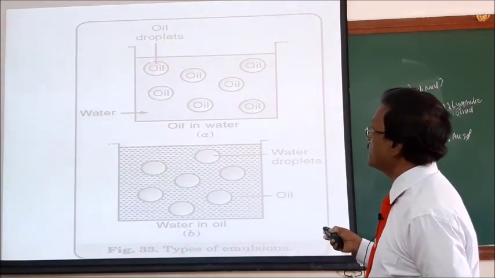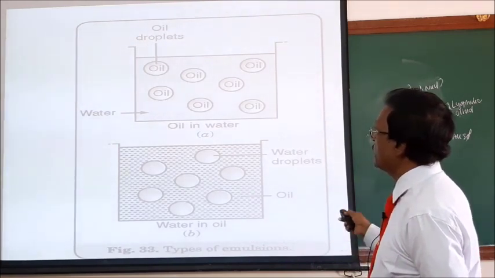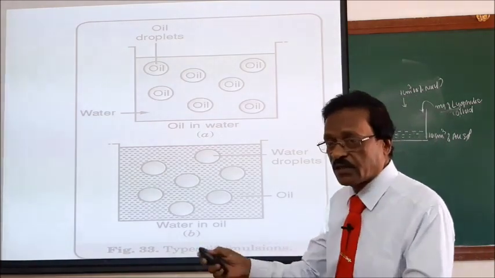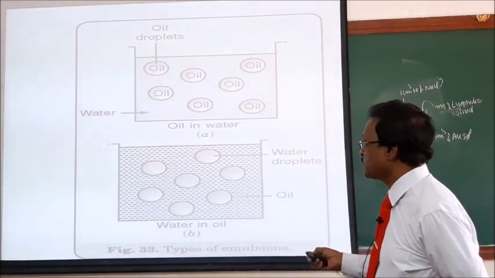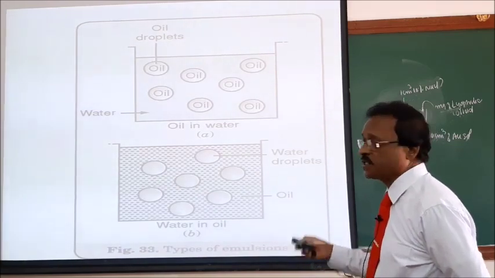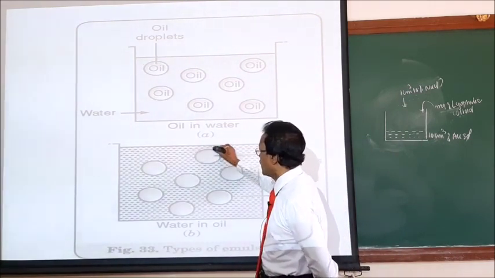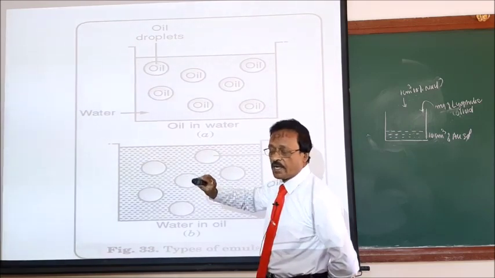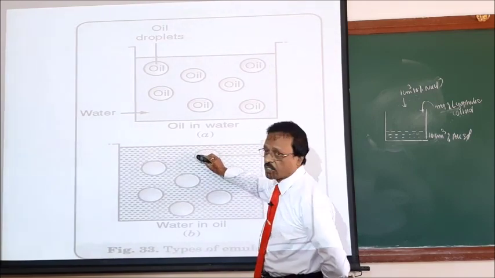So this is oil in water, where oil is the dispersed phase and water is the dispersion medium. This emulsion gets separated if you don't put in the emulsifier. They coalesce, they join, and the two layers get separated. But in water in oil, water is the dispersed phase and oil is the dispersion medium. Both should be stabilized by putting in a suitable stabilizer. The emulsifier forms a protective layer and will not allow them to coalesce. That's why they can be made stable. Without a stabilizer, we cannot keep the emulsion stable.